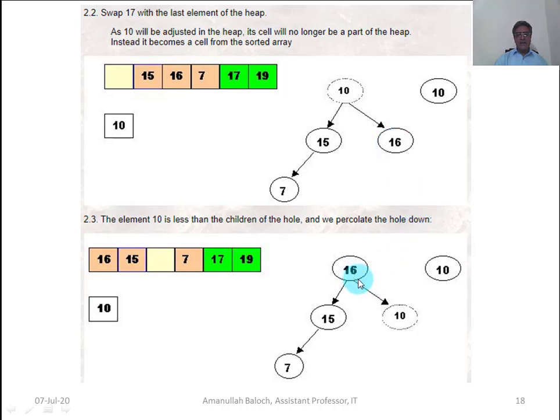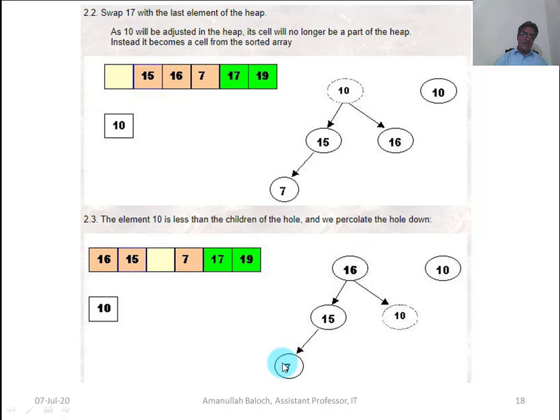So 10 has taken the position of 16 and 16 has taken the position of 10. Now again the largest element of this 4-element heap is at the root level and it will exchange with the last element of the heap. The last element of the heap is 7. This is the first, this second, this third, and this is the last element of the heap.